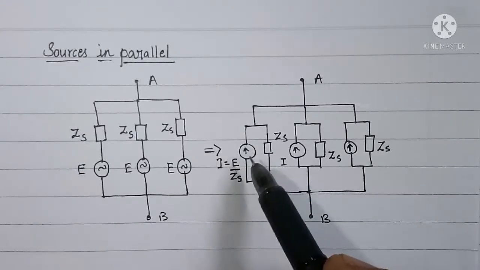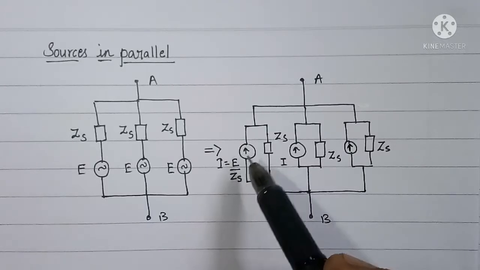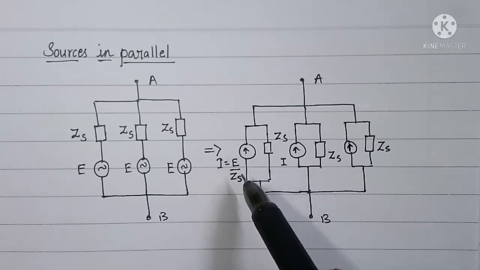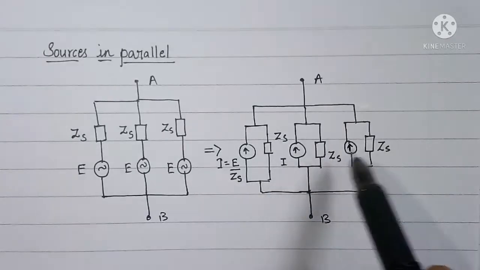It is an equivalent current source having impedance ZS in parallel, and the current here is calculated as E upon ZS. Like this, I have shown all the 3 sources